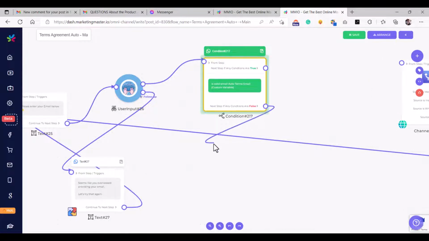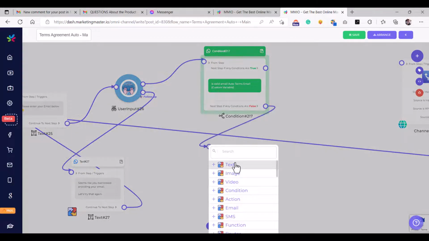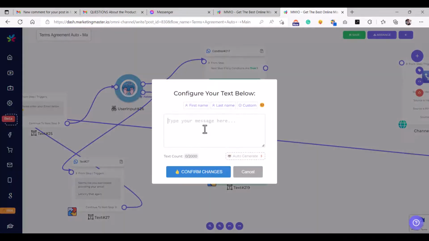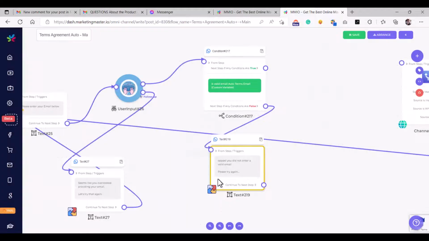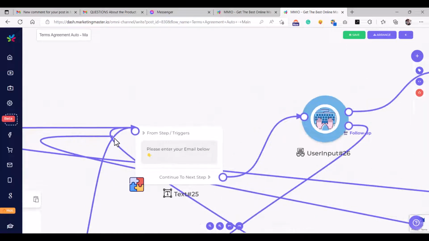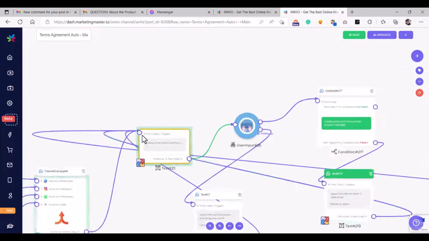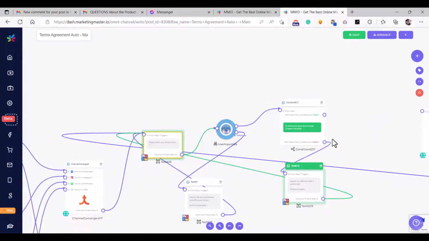But if that email is not valid, we are going to send a message. So let's connect this message, the message where we tell them that it is not a valid email, to the false socket. So we have here a message and we're going to say, "Oops, you did not enter a valid email. Please try again." And then we are going to connect this message to the portion where we ask for the email of our subscribers